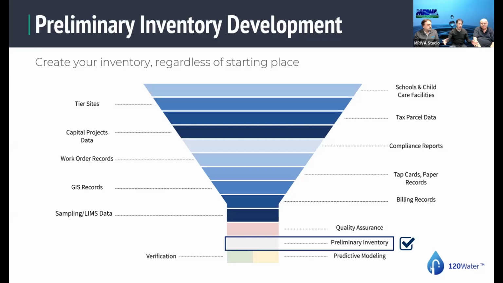For the folks that think they have replacement issues, you need to do this sooner than later so that you can get in line for money to help you with the program. Everyone needs to have something on paper to apply to help pay for the inventory itself. But for the folks that believe they might have a problem with the goosenecks that are potentially going to need to be replaced now or later, if you think you're going to need any money at all, or you would like money to help with this, you're going to have some kind of preliminary inventory or an engineering report, which is what we provide, so that you can go to the state, you can get in line for the money. And if you don't get it this year, there's money from last year, there's money for this year, and there's 3 more years of money to help pay for this.